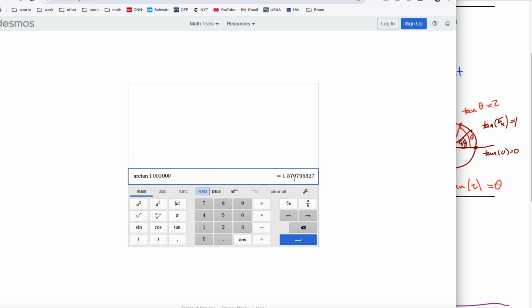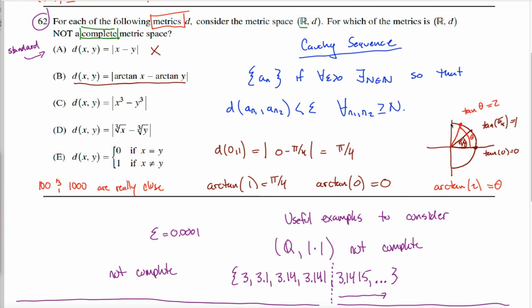If you're wondering what these numbers are, 1.57079 is very close to pi divided by 2. Oh yeah, that makes sense. On my unit circle, pi over 2 is right here. It corresponds with the right angle, which would be a vertical line, which would have an undefined slope. So the tangent of pi over 2 is undefined, and the tangent of numbers really, really close to pi over 2 get arbitrarily large.